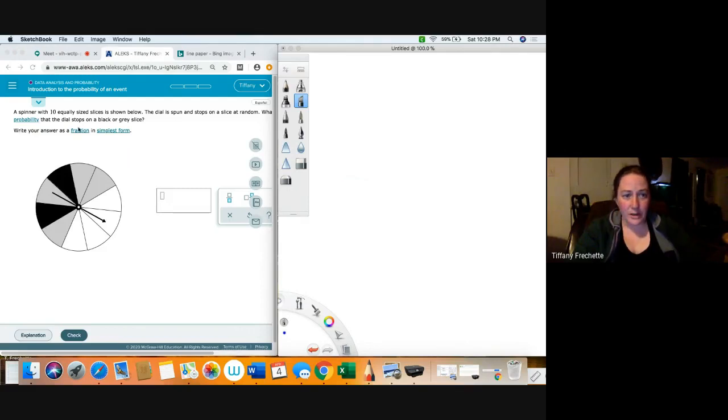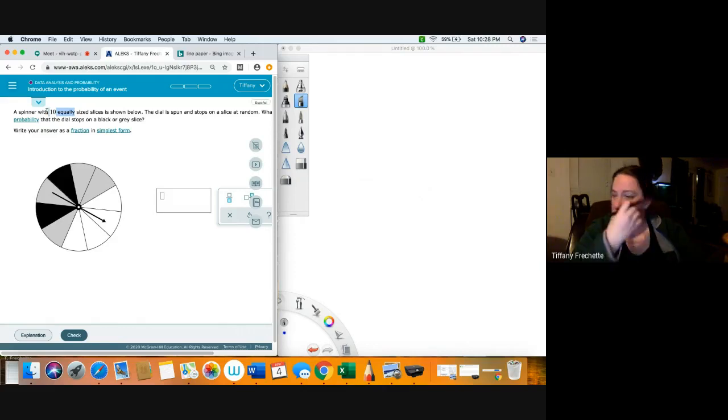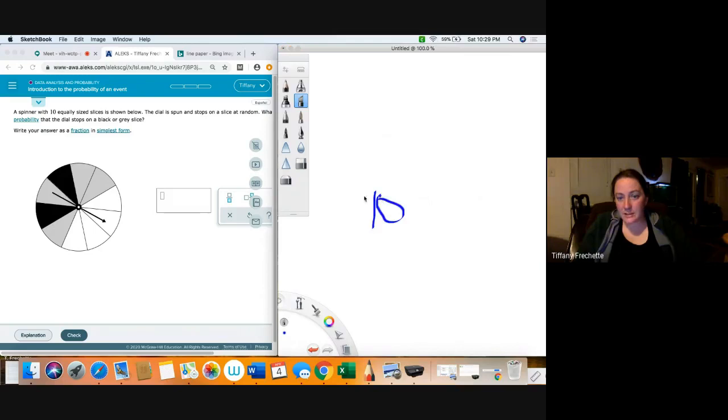So we already know, it tells us right up here. Not going to let me highlight this, is it? Oh, it doesn't let me highlight the number. That's interesting. So it tells us right away there's 10 slices. So when I go to write this over here, I know there's 10 possible outcomes. There's 10 different spots on that